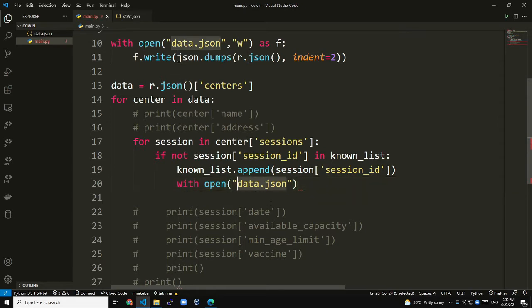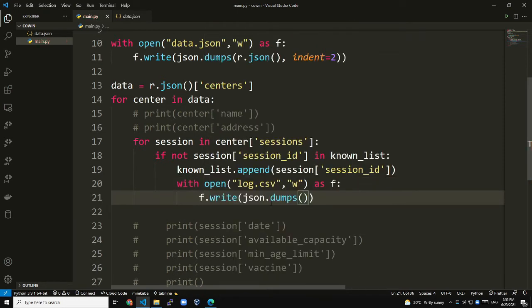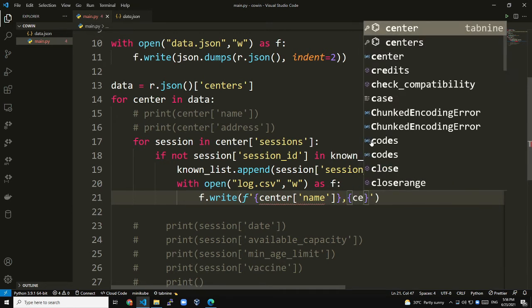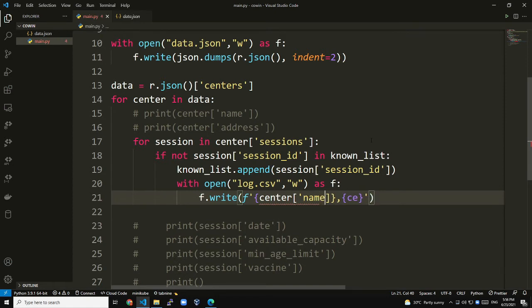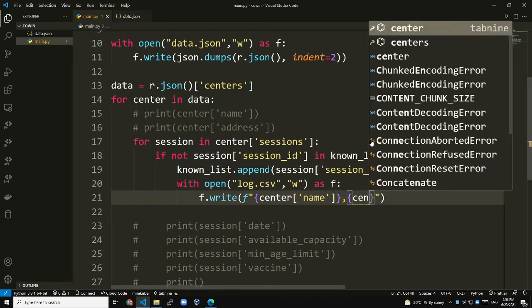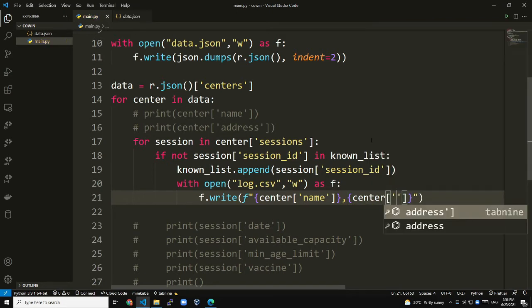with open. Let's call this log.csv in writing mode as f. f.write, and then in an f string we're going to write our data. So we can write a center name, and let's put this f string in double quotes, and then center address, and then we can put